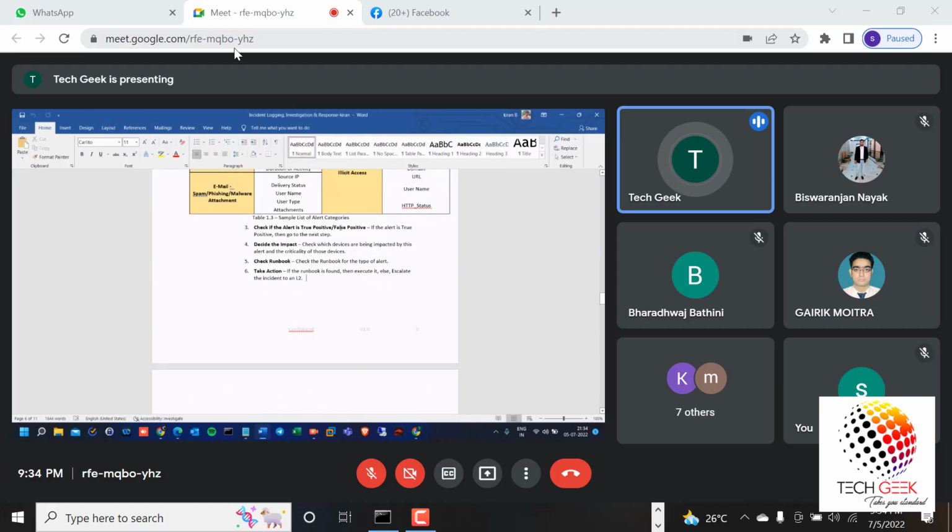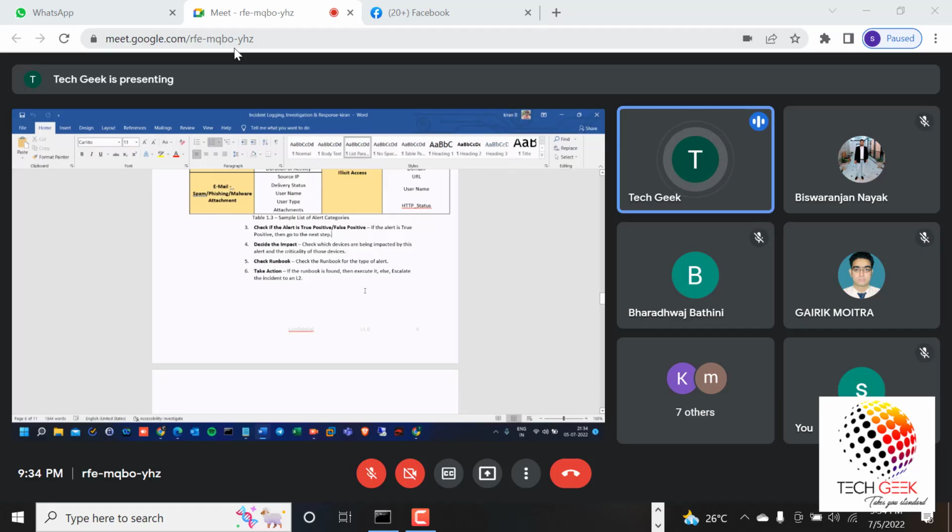Okay. As I mentioned, we need to find out whether it's a true positive or a false positive. Once we decide it is a true positive, we go to the next step, raising the ticket to the customer. If it is a false positive, just close the ticket. The L1 analyst can close the ticket, meaning closing the alert with proper notes.